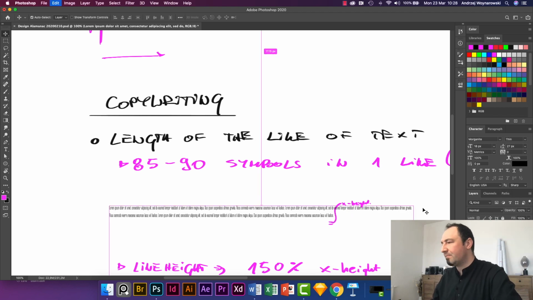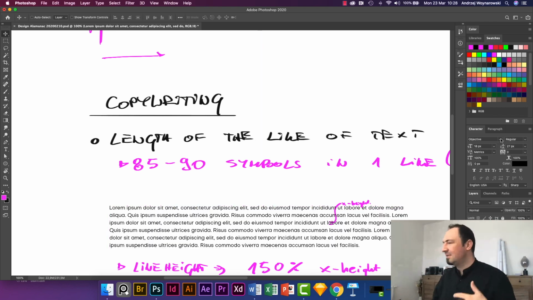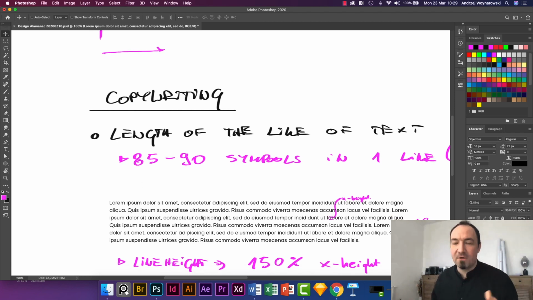So you can use either a serif or sans serif font, but something readable like this. Serif fonts are actually more readable; their legibility is a lot higher than sans serif fonts. But sans serif fonts are modern and they look cool, etc. So let's use this one. That's Objective, right? So that's the fonts themselves,